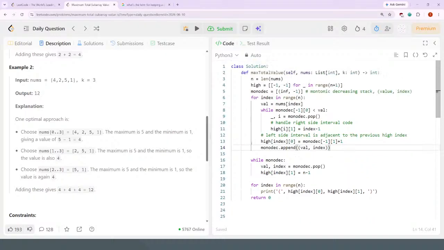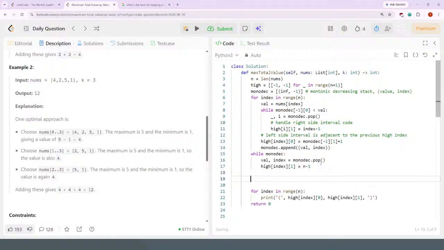So this is the monotonic decreasing, this is the monotonic increasing. Monotonic increasing stack with value, index